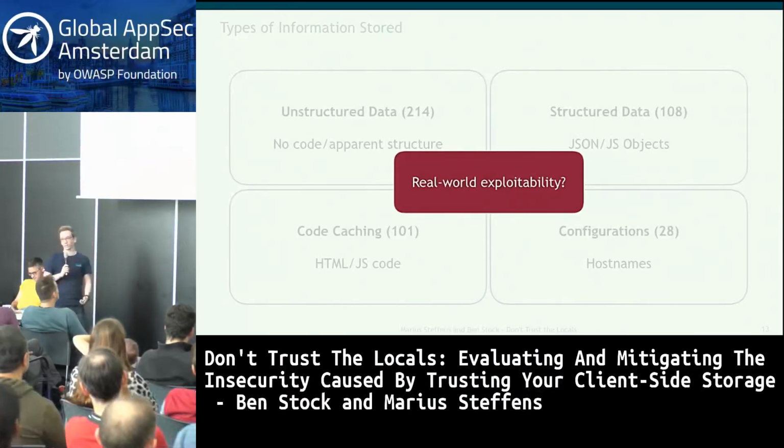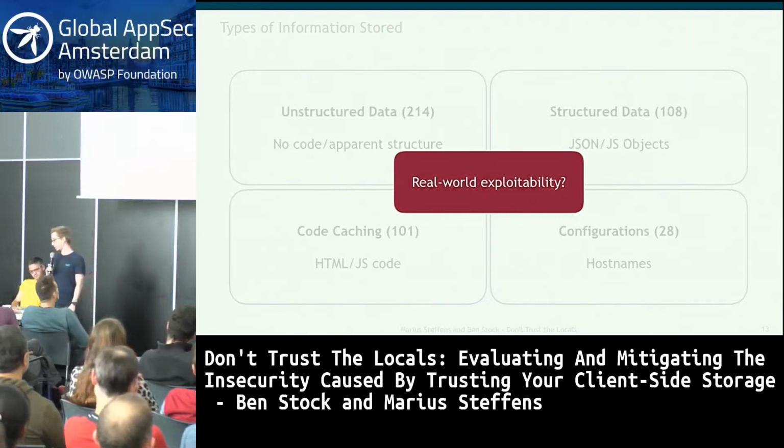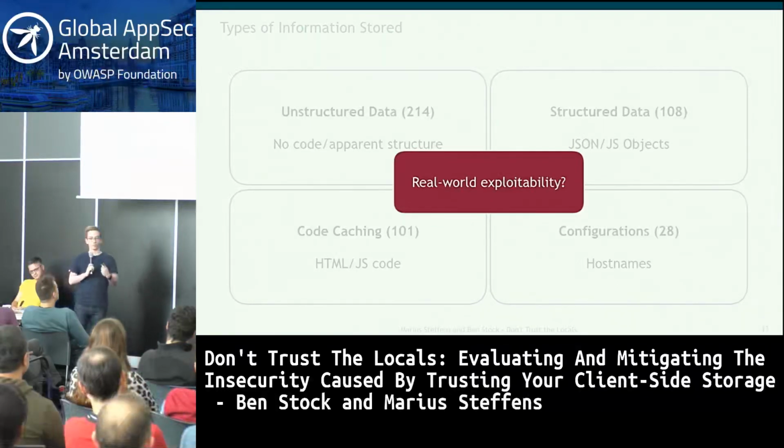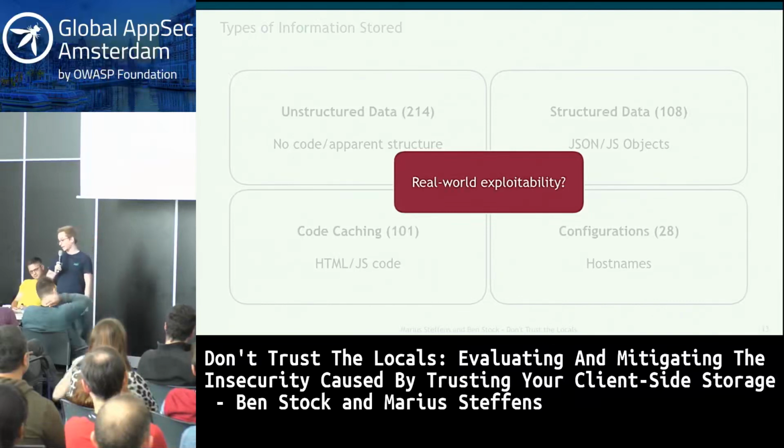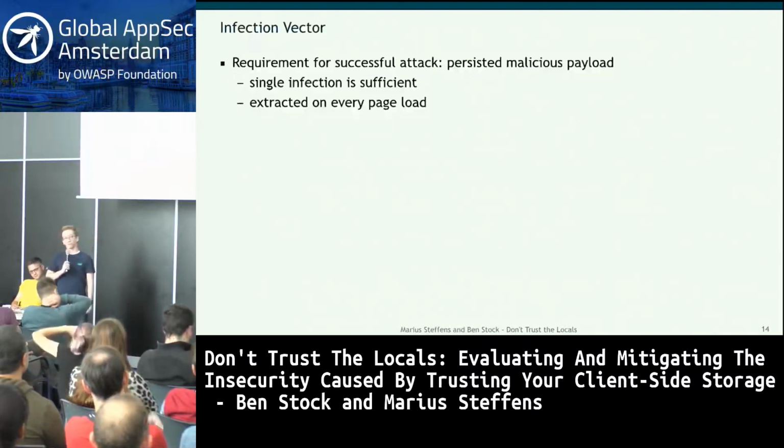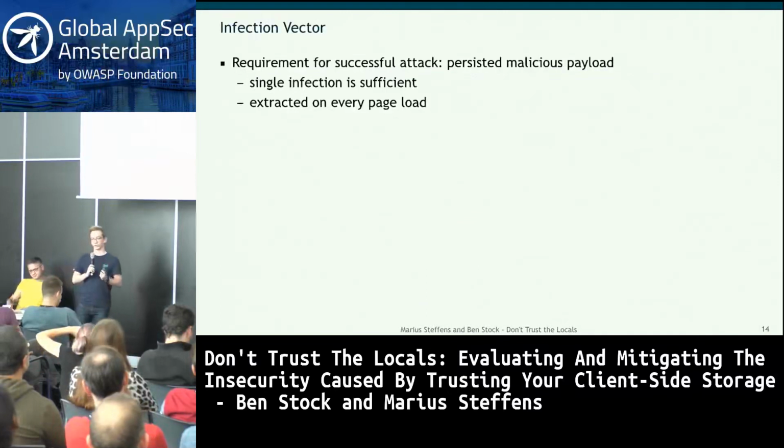But that's not a realistic threat model which we normally consider in the area of web security. And that's why we'll now talk about more well-known attacker models, say network and web attackers. But first, let's see what we are actually trying to achieve.